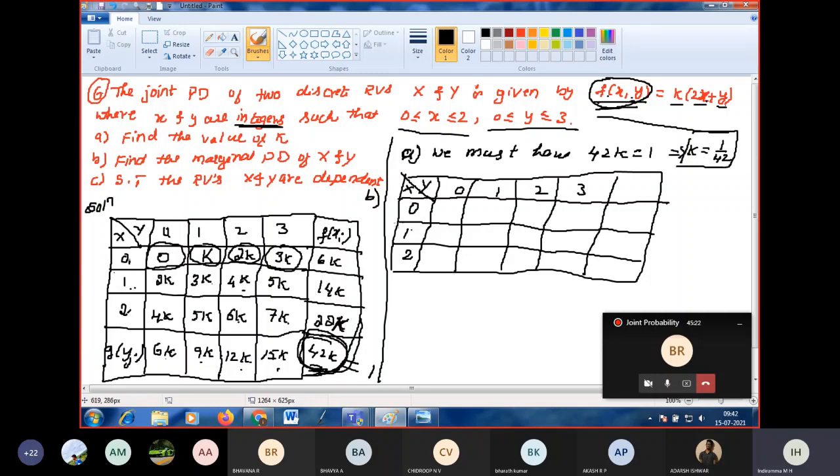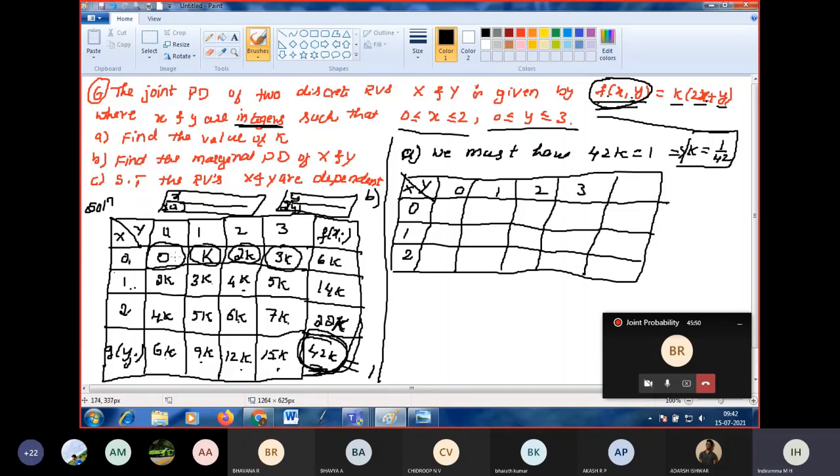Marginal values means that it is a two row table. If they are asking only marginal values, you can write x, f of x. Next, the second table consisting of y, g of y. That's it. For the third question also, to find the solution I want the table again. That's why I am writing this table, reconstructing the table by substituting the k value.